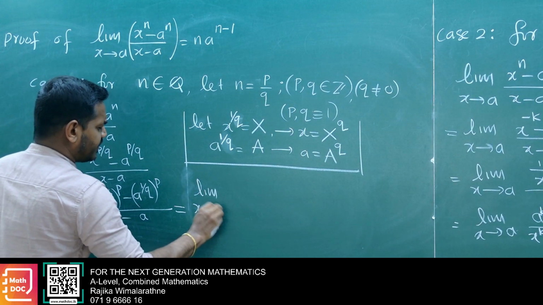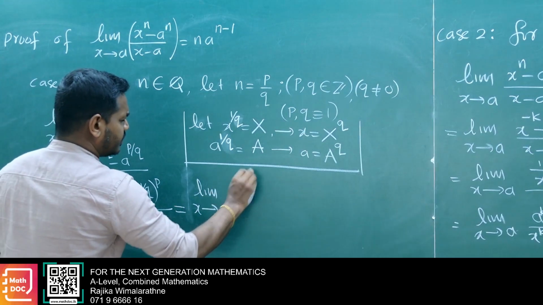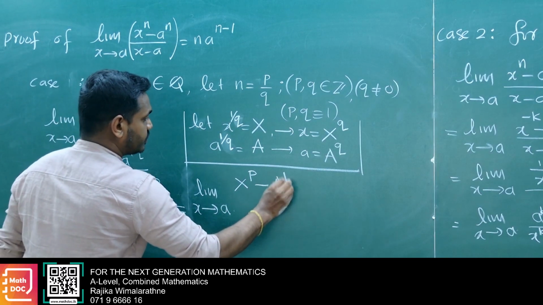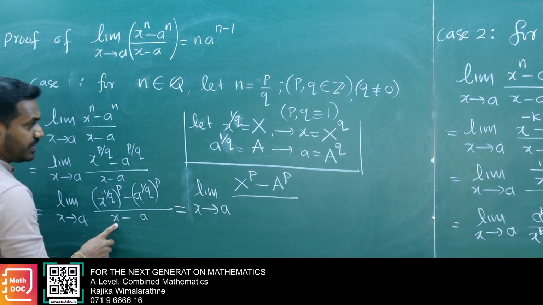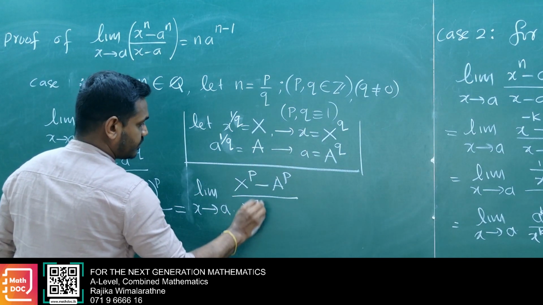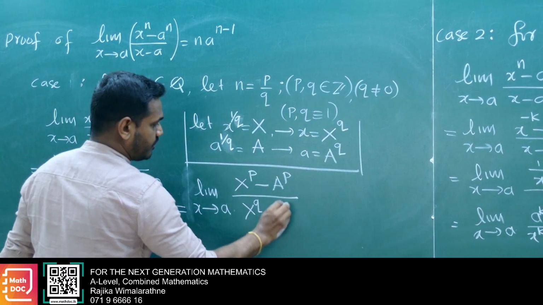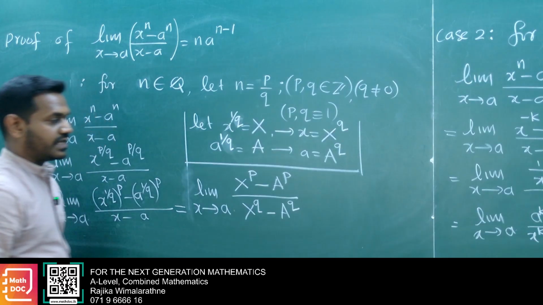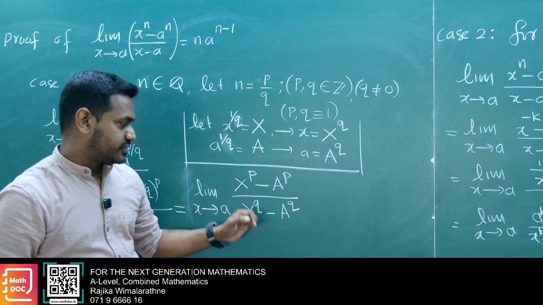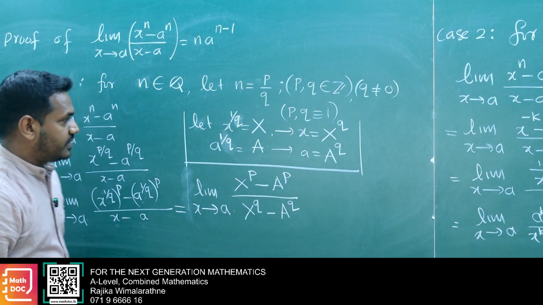Limit as x goes to a, with the substitution capital X equals x to the power p, capital A equals a to the power p; x to the power 1 over q is capital X, and a to the power 1 over q is capital A. Now that has converted to: x to the power p, a to the power p, over x to the power q minus a to the power q. Okay. Then further,